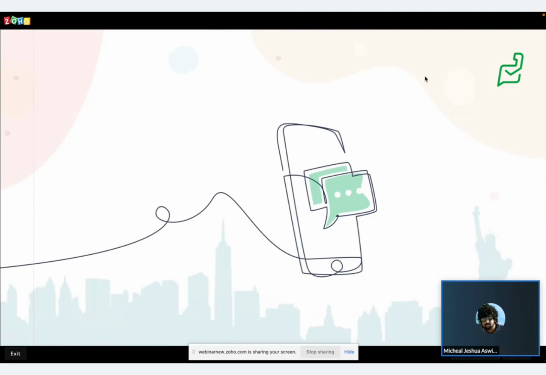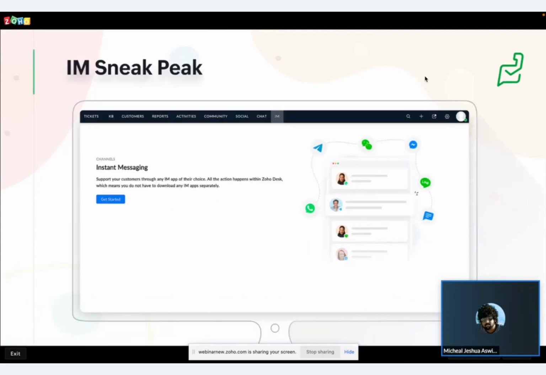And a survey says that around 3.8 billion users across the world use instant messaging platforms on the whole. That includes WhatsApp, WeChat, Telegram, and Line. So when 3.8 billion people are using particular instant messaging applications, it would be unfair for any organization, for any product, to not provide this integration to customers. So that is why we have introduced IM,